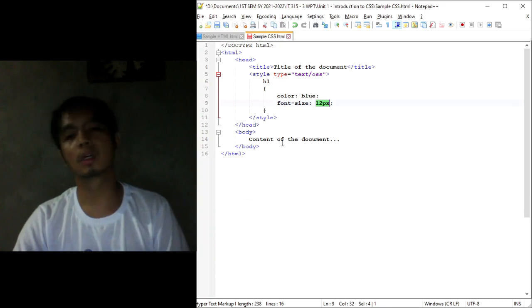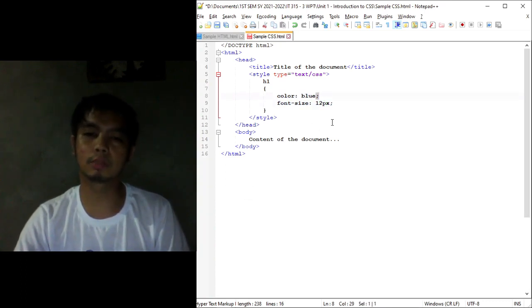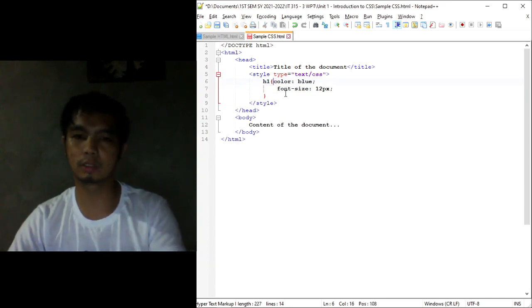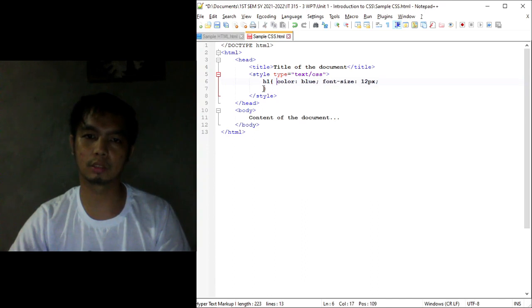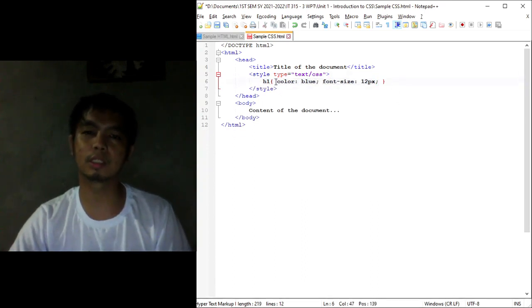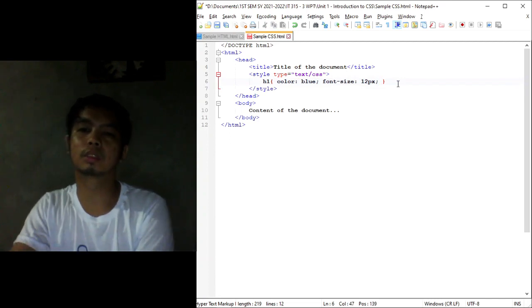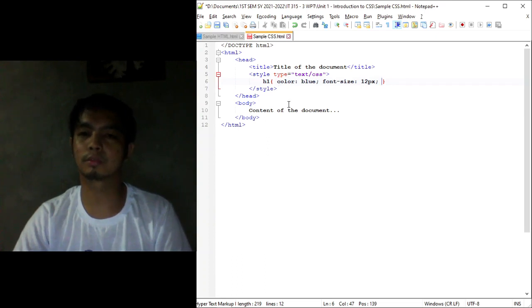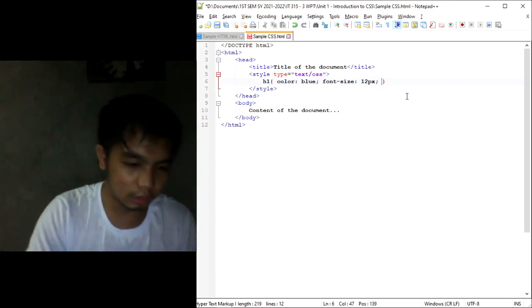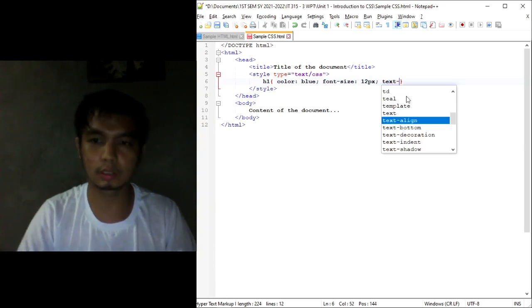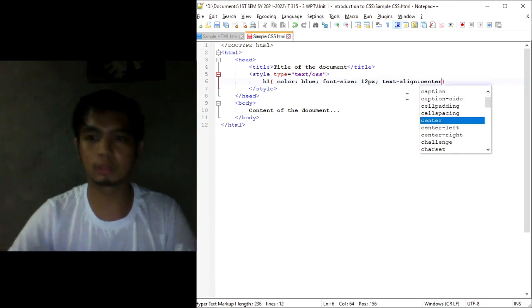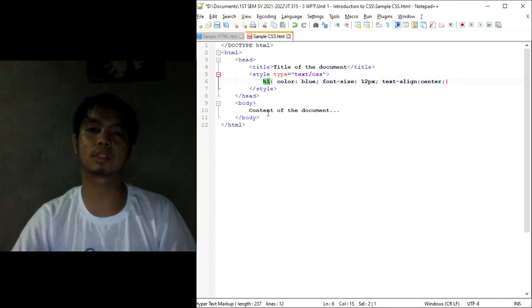What if we want to include more declarations? Okay, as you can see, i-separate lang natin sila ng semicolon. Yung iba, ang ginagawa, we can do it in one line only. Okay? Pwedeng ganito siya. Yan. So, isang linya lang. Pwede rin ganyan. Pero, ang ginagawa ko is yung nauna because parang mas maganda tingnan. Okay? Parang mas maayos siya. Kasi, for example, we add another declaration. Let's say text-align, colon, center. Yan. Ibig sabihin, this selector here, na kung saan sineselect nyo yung h1 element, will be styled using these properties